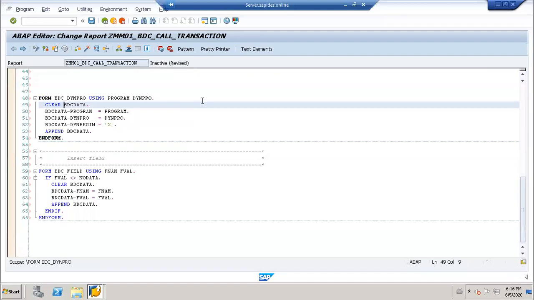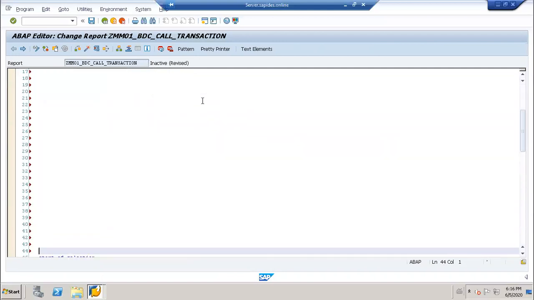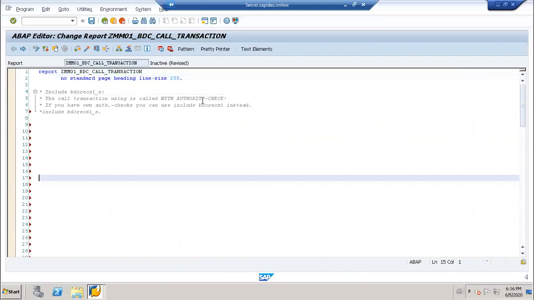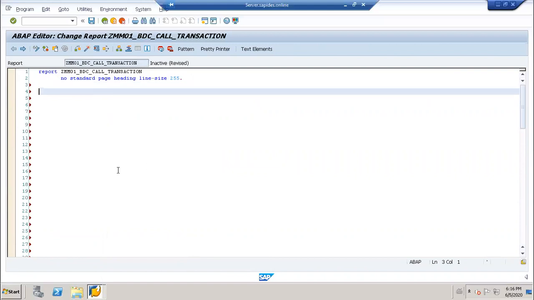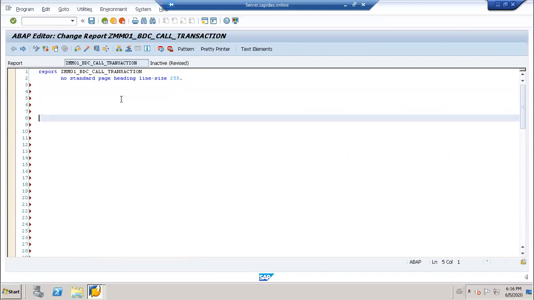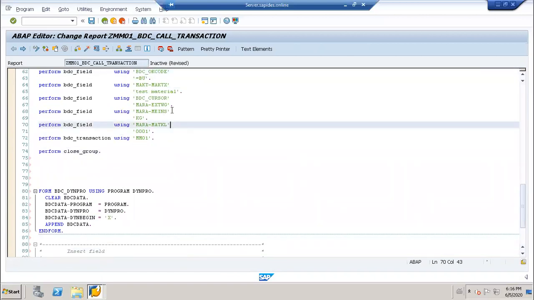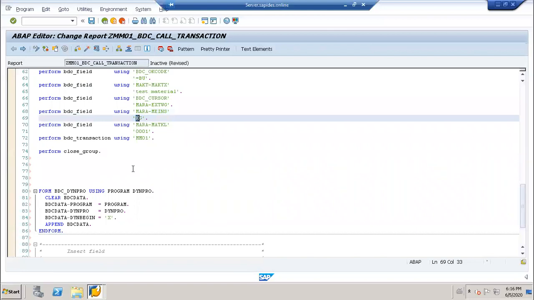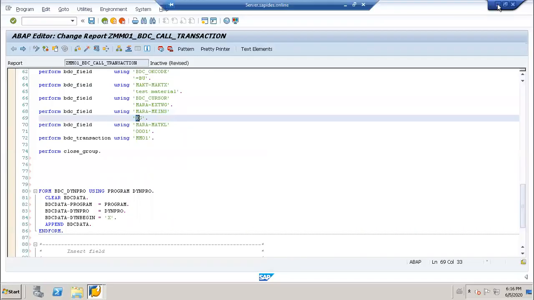Now first thing you have to do, you have to take a file as input, right? Remove this, better to remove this, not required. So what are the steps you have to follow? First you have to declare. How many fields did we just upload? Material group, then you have the base unit KG, description. So I will go and create an Excel file.